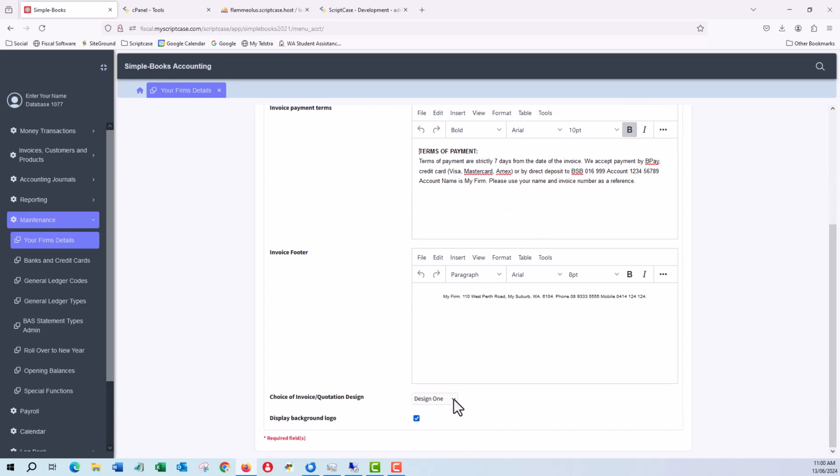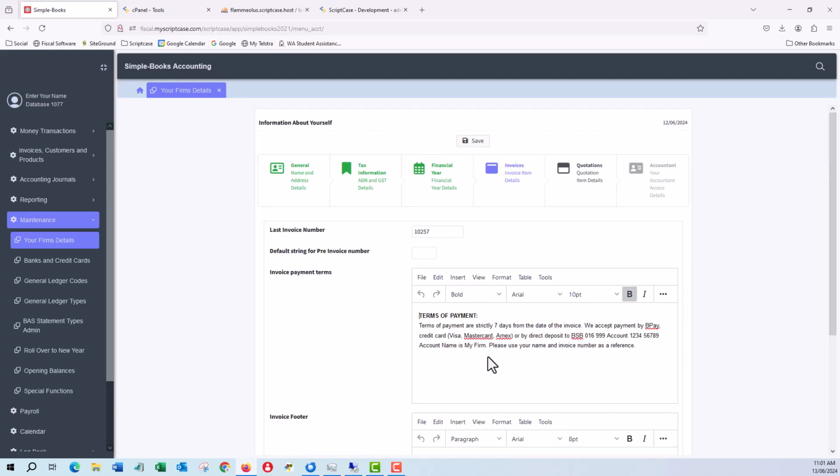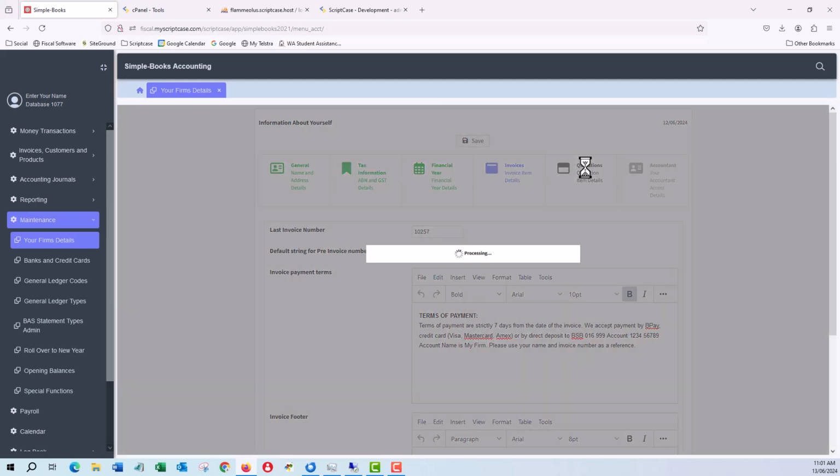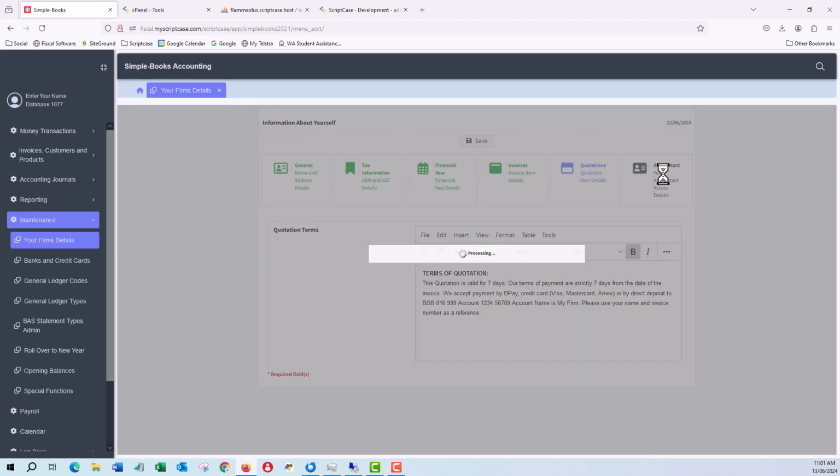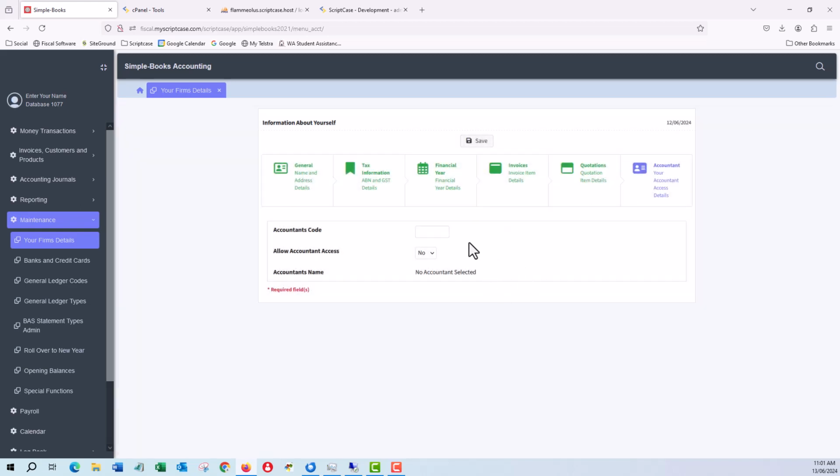There are a number of invoice designs, and you can select them from there, but at the present time I've accepted design 1. And if there is a logo, then you have to upload that logo to us, and we'll have it so you can display it on your invoices. Similarly with quotations, there is the terms of quotation,